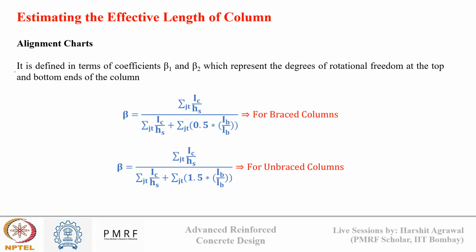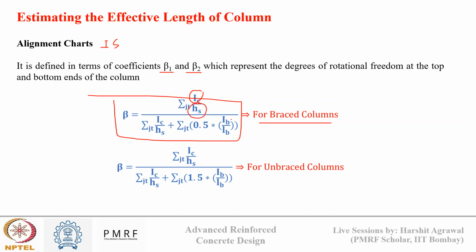For calculating the value of k, IS code has given some alignment charts, where we need to calculate beta 1 and beta 2 factors. For braced frame, beta value is given by this equation. I represents the moment of inertia, HS represents the height of story, B represents beam, and C represents column. Using this, we will calculate the beta value for braced frame, and for unbraced frame, we'll calculate beta value